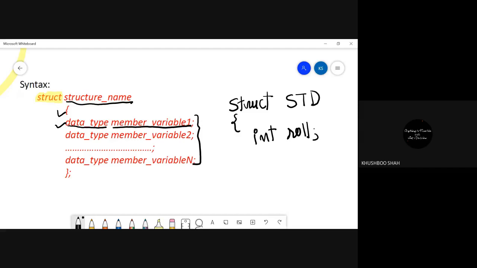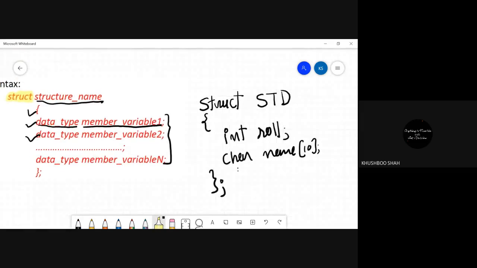Then the second member you can take like char, and it goes on this way, multiple you can take. After completing the structure, close the bracket and put the semicolon. So now I can say that I have a structure named STD which has 2 data members.